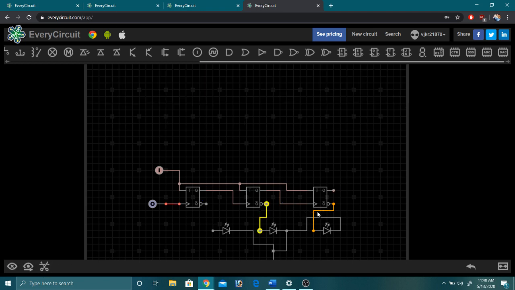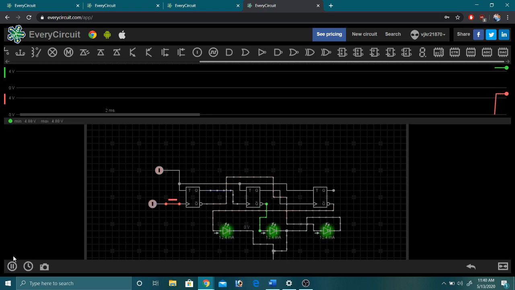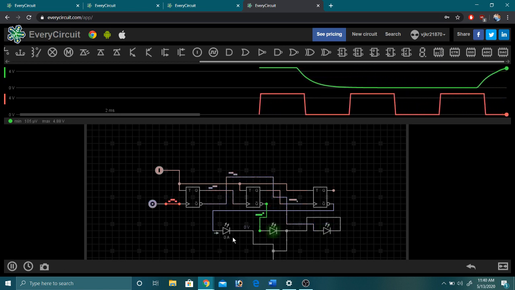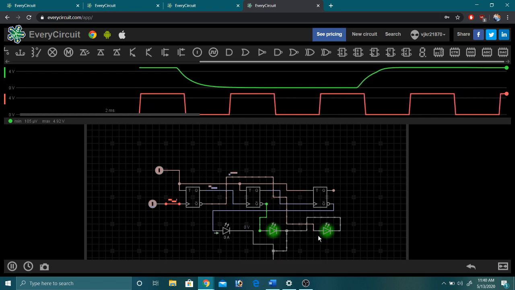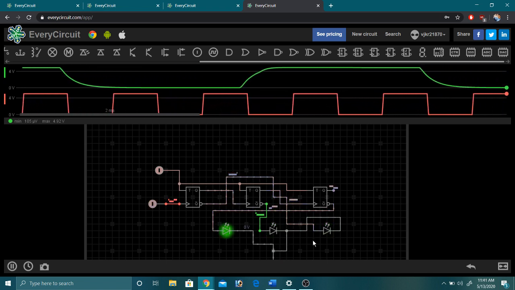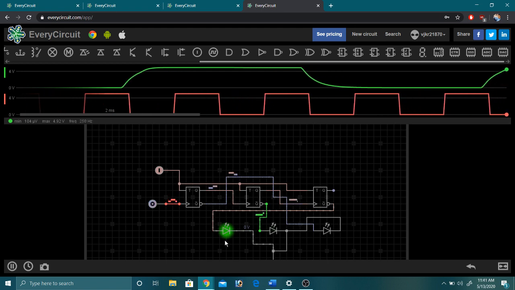Cut this. Sorry. Cut this. Instead of reading from right to left, we'll read from left to right. The same thing, but we can read as 0 0 0, 0 0 1, 0 1 0, 0 1 1, and so on. Okay, let's do it. Let's wait for it to become 0 0 0. Okay, 0 0 1, 0 1 0, 0 1 1, 1 0 0, 1 0 1, 1 1 0,